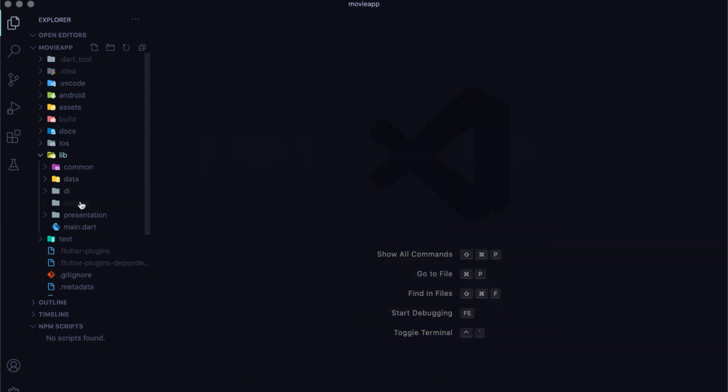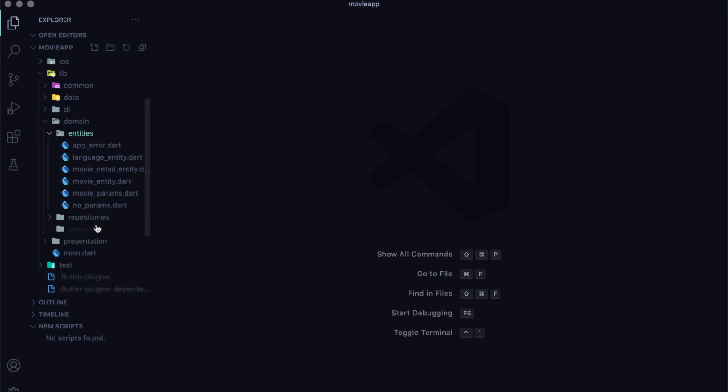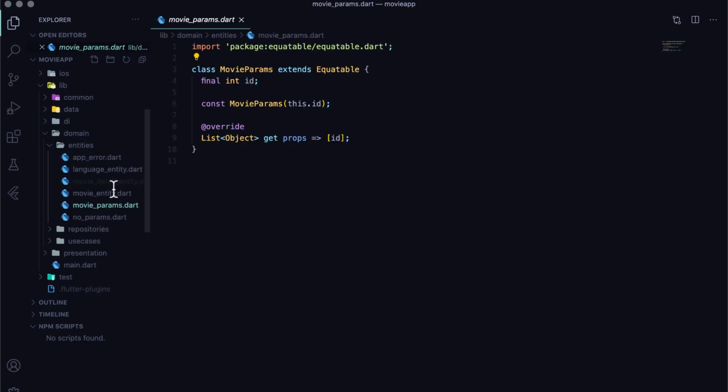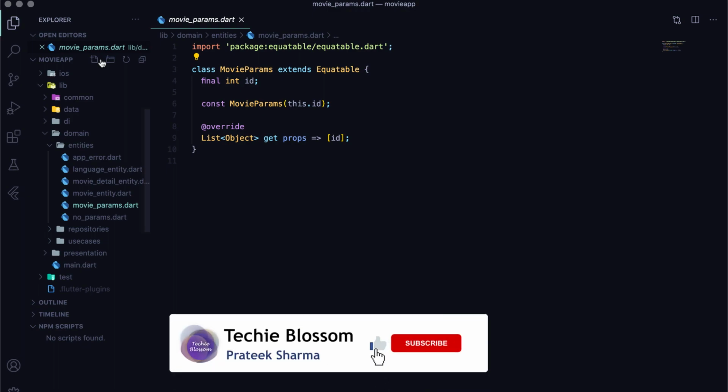From the data source, we will get the cast and crew list by hitting an API, passing the movie ID in the request. But we need only cast in our UI. So we will create only a cast entity, and this entity must not have all the fields. An entity should only have the fields that are required to show in the UI or that are part of some further API calls. For the request, we have created movie params already in the previous videos. So we only need to create the response entity now.